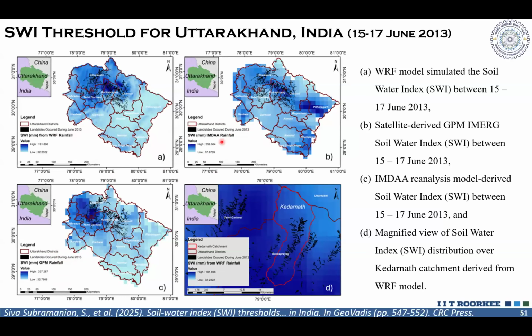So these are the soil water index values that are calculated based on the hydrometeorological threshold. As we could see, this is an extreme rainfall condition, with the superimposition of the soil water index threshold over large areas of debris flows and landslides all across Uttarakhand. So we got the confidence that it is possible for us to use the soil water index, provided we know the mechanism of landslides and the hydrological process behind how these landslides are happening. So we could use the soil water index.